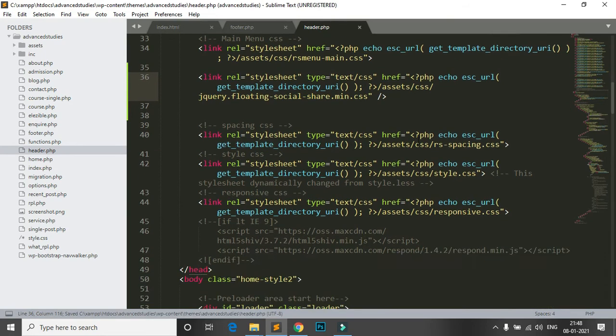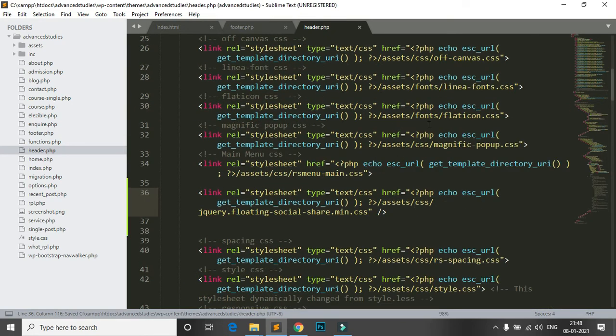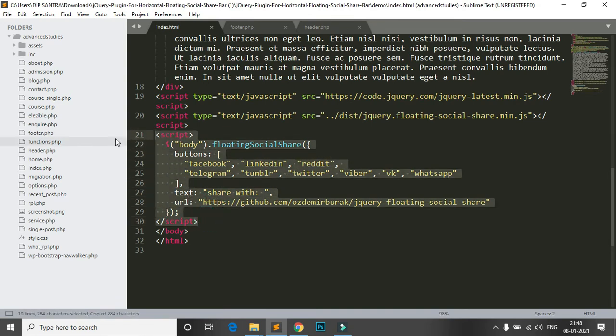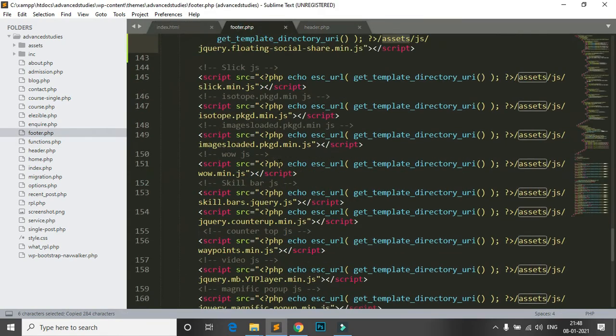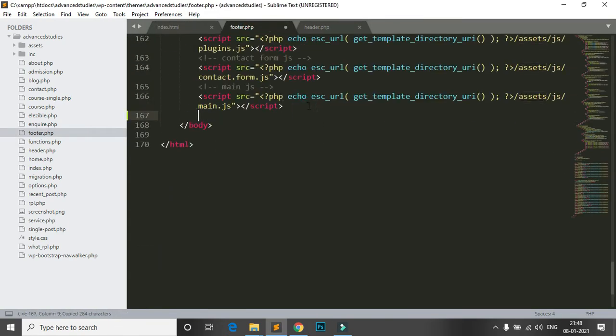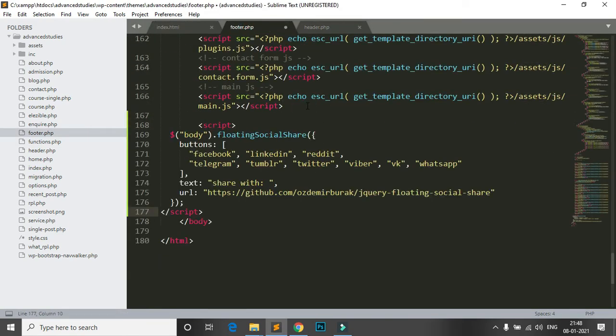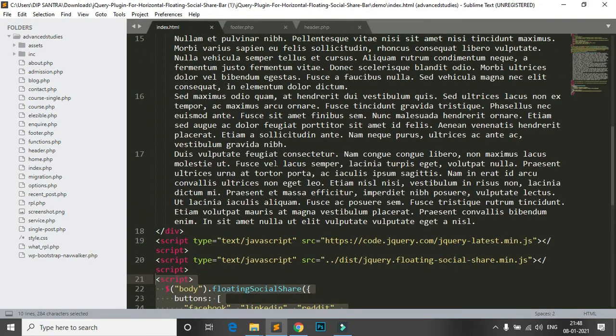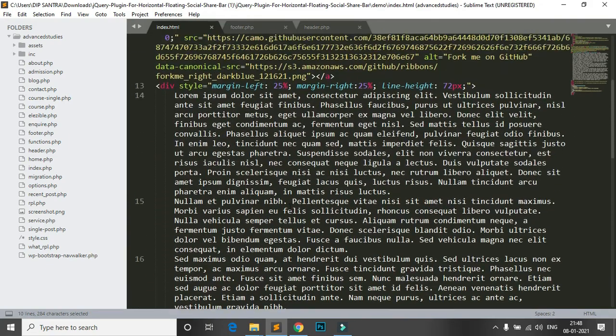So now it's linked. Now I need a small jQuery code. You can see the jQuery script. I need this script, so I copy it and paste it in the footer after the link. And I need one thing, the ID.